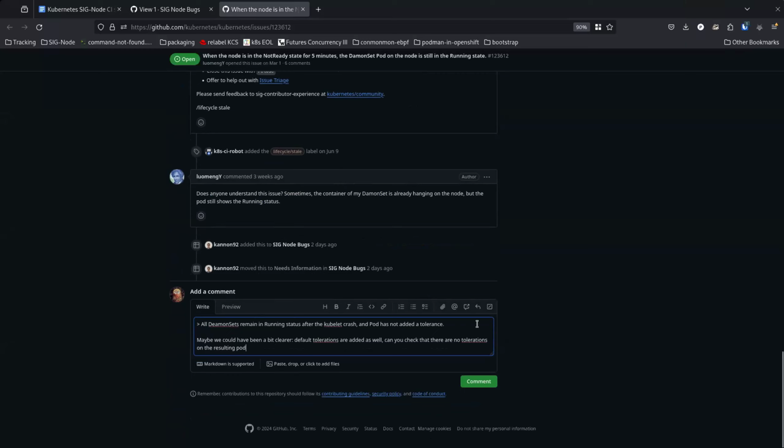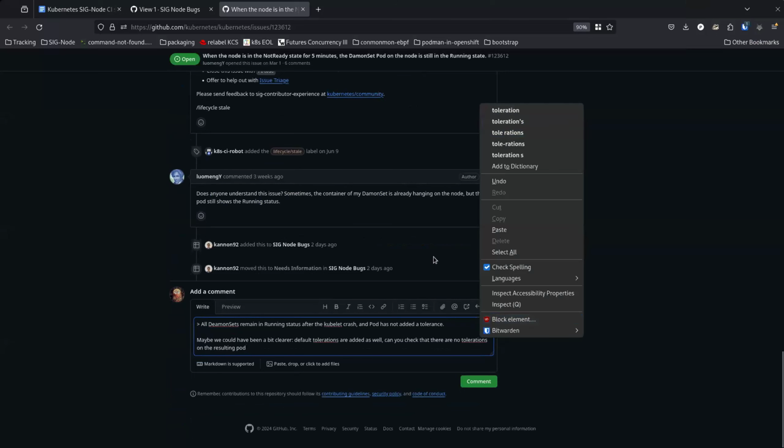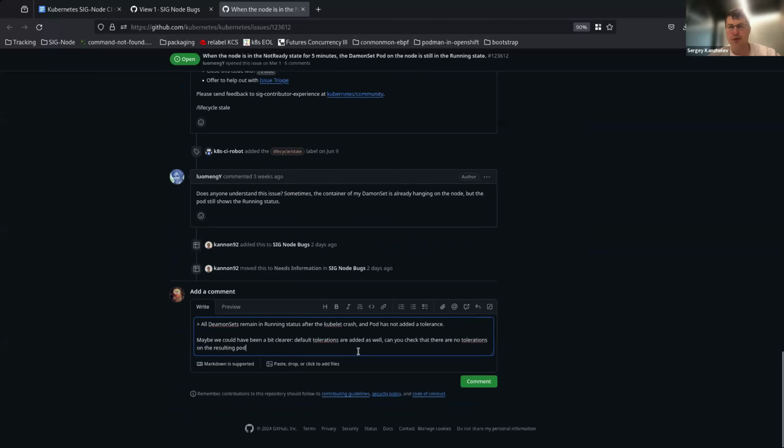Does this look right? Yeah, you can say that they can check for it if they do kubectl describe on a pod. We can leave that in needs information then. Yep.